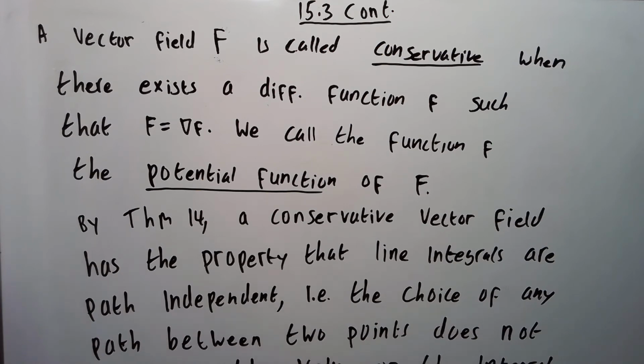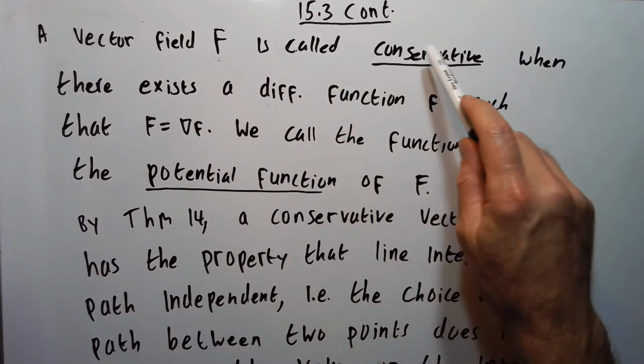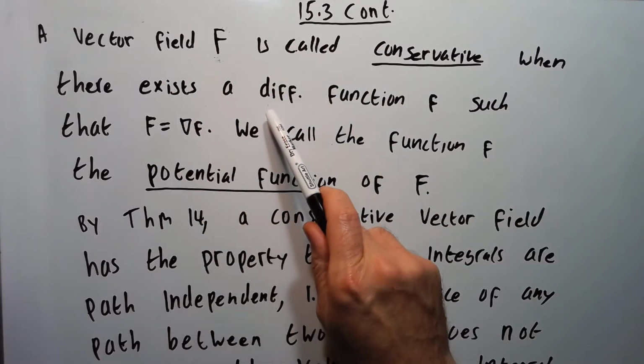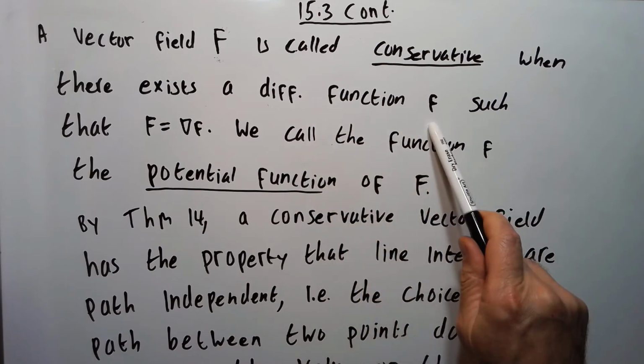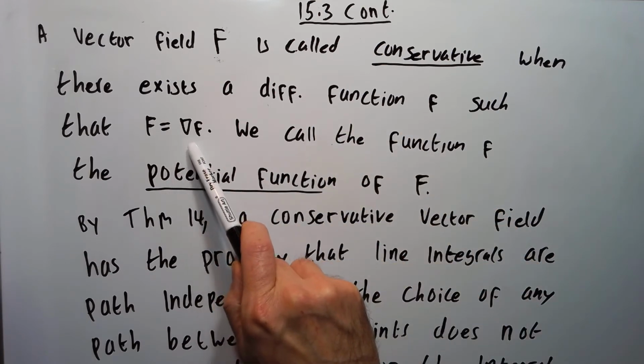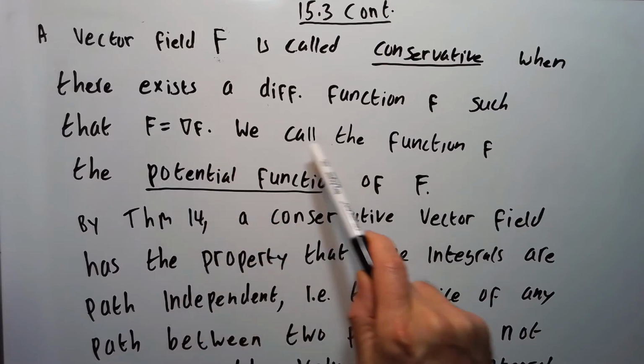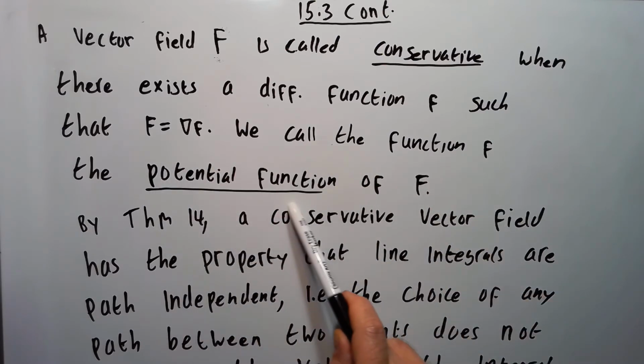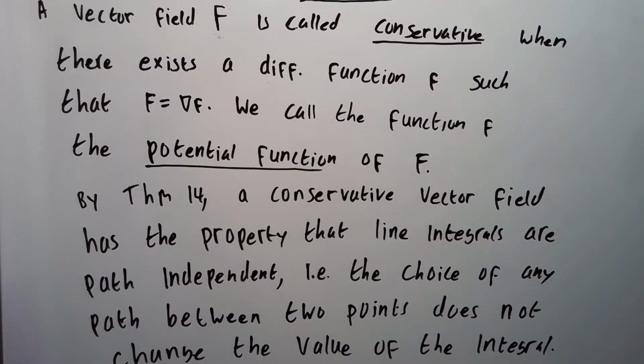Okay, so this is 15.3 continued. A vector field big F is called conservative when there exists a differentiable small f such that the gradient of small f is equal to big F. We call small f the potential function for big F. By theorem 14,